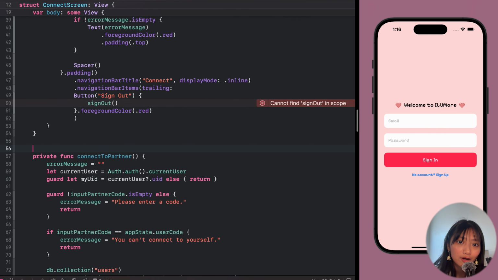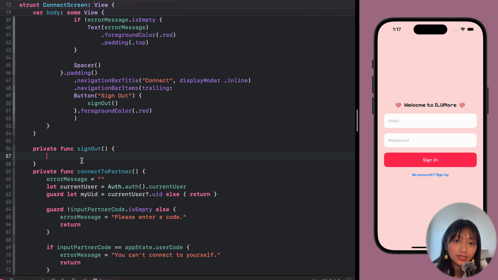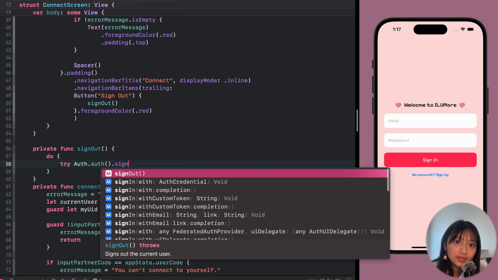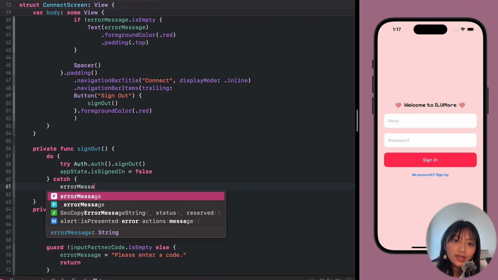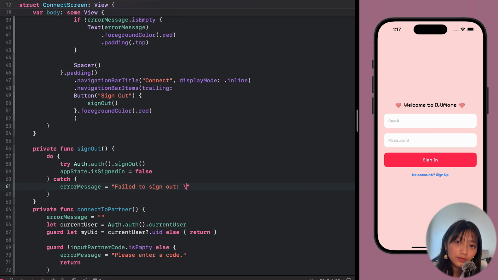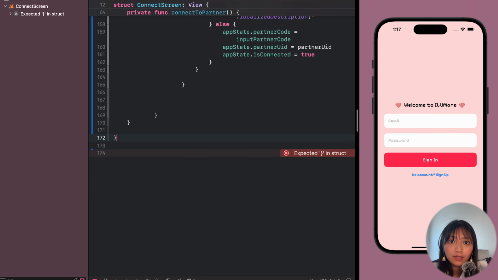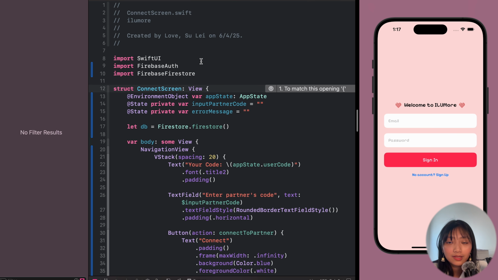And we now have to write our sign out function. It's very basic. We just use auth.signOut, and we assign our app state signed in to false, and error message, we failed to sign out for any reason we couldn't sign out. And if we run,